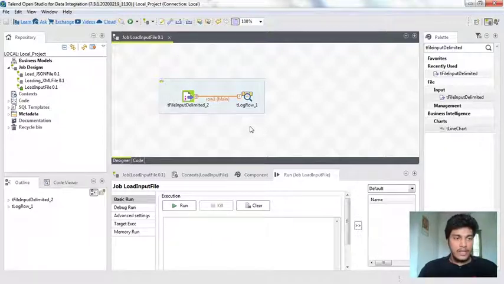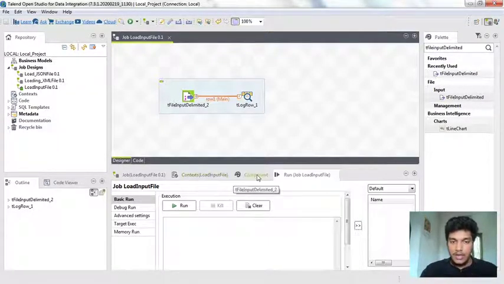I explained all the things that we do in programming, in creating tasks and creating jobs. We mostly use the repository metadata, repository job designs and the palette options here, and under this we use components as well as context and run jobs.